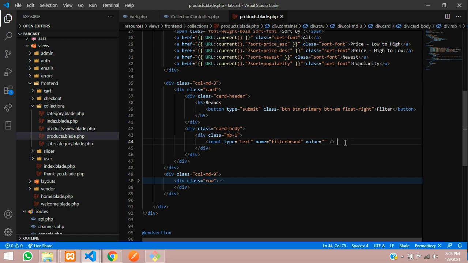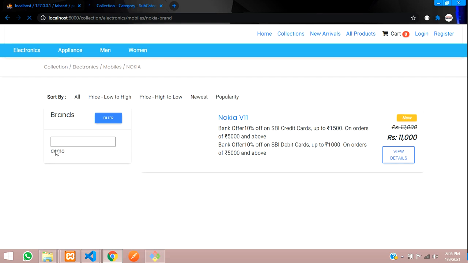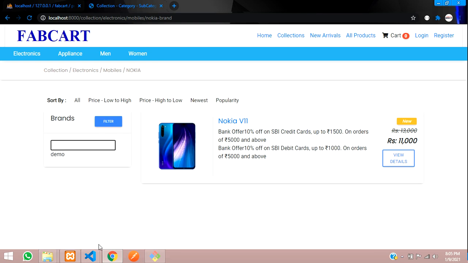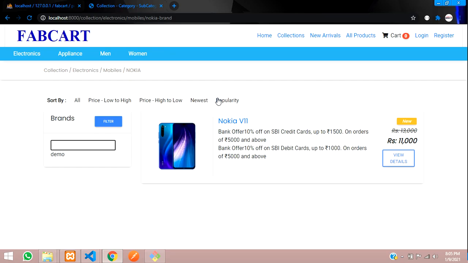Let's make this live, and now you can see one demo. I just want to show the user interface for right now. Let's go over here and reload the page. You can see the user interface, but not a text box. We have to make it a check box. Let's reload this page. Yep, so the design is ready.